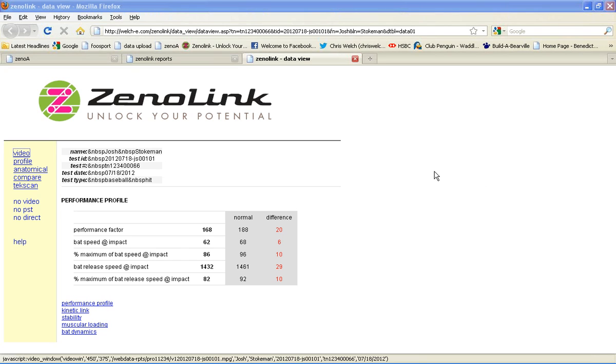This is a Xenolink data view analysis for Josh Stokeman. This is for a baseball swing collected in July of 2012. We'll take a look at the performance profile to start, where we'll look at performance factor indicating how effective the